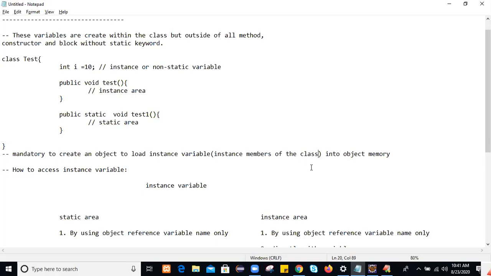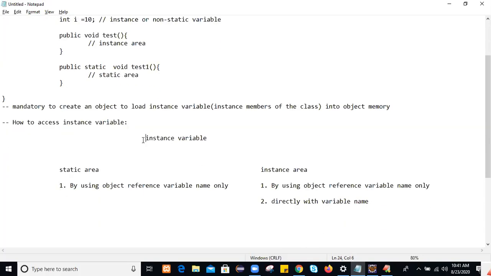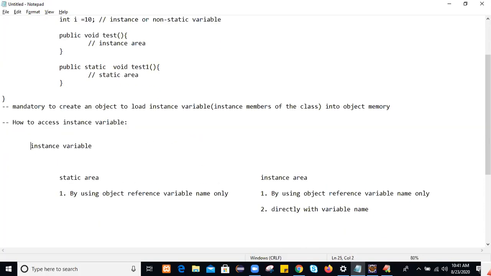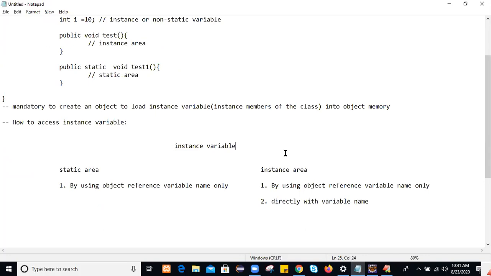We create an object to allocate memory to the instance members of the class. And we access the instance variable in multiple areas like this: in the instance area and in the static area.